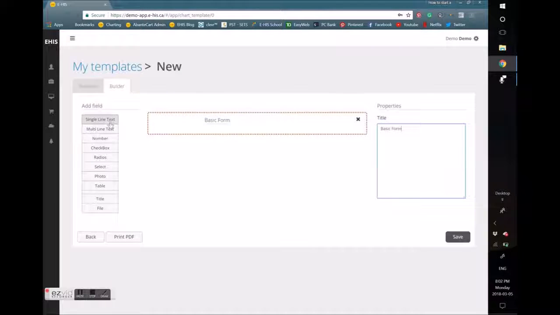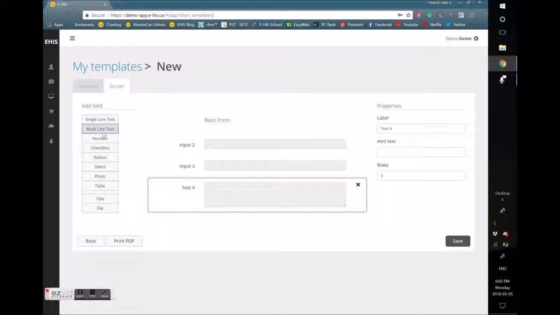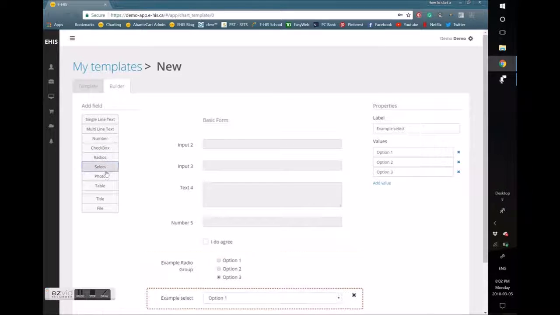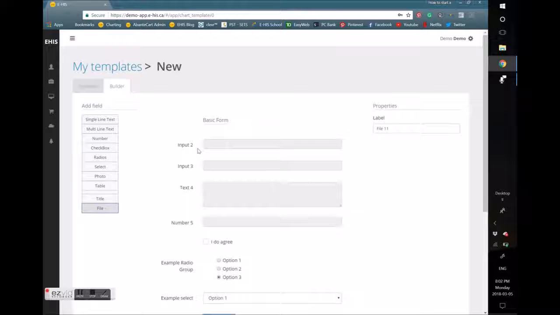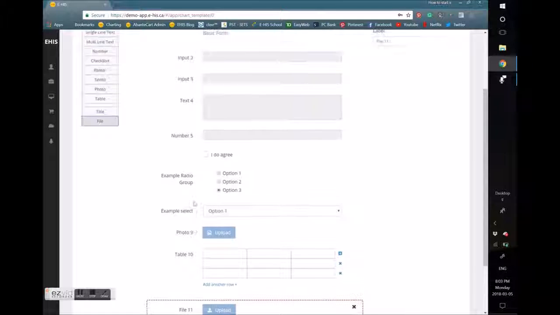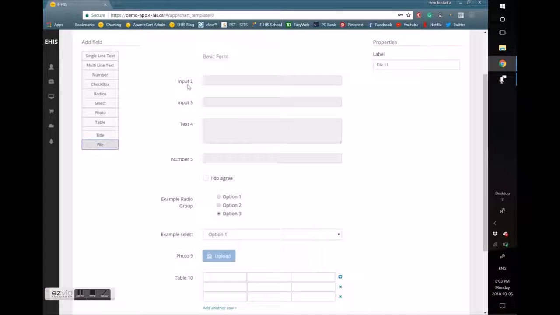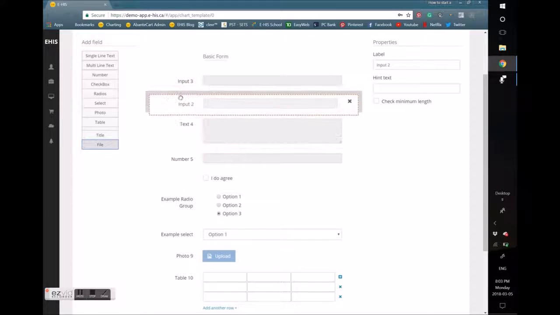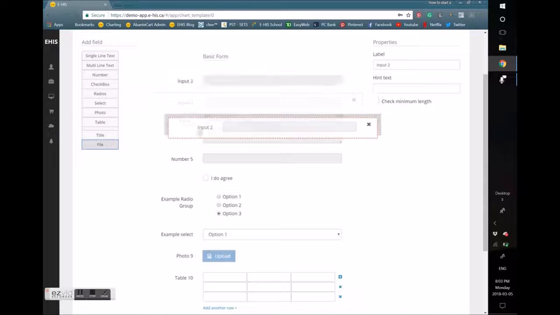So I've clicked on absolutely everything that we have for our template builder and added it to our form here. Once everything is added, you can grab and click, and then you can drag. Let's see if I can get it to work. You can drag it if you've got it in a different spot than you want it to be. So let's drag this down low. Okay, so over here now in the label properties, we can change it,